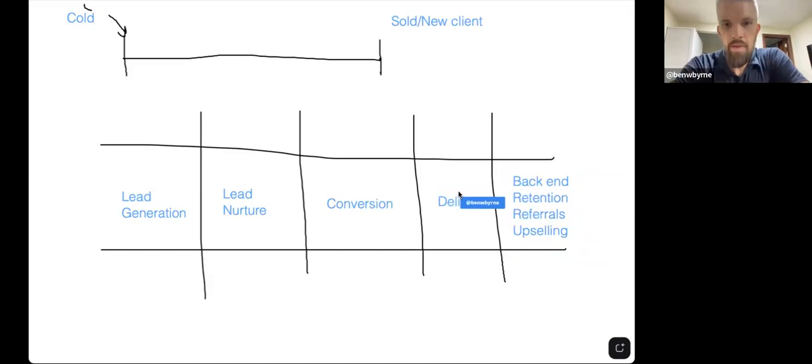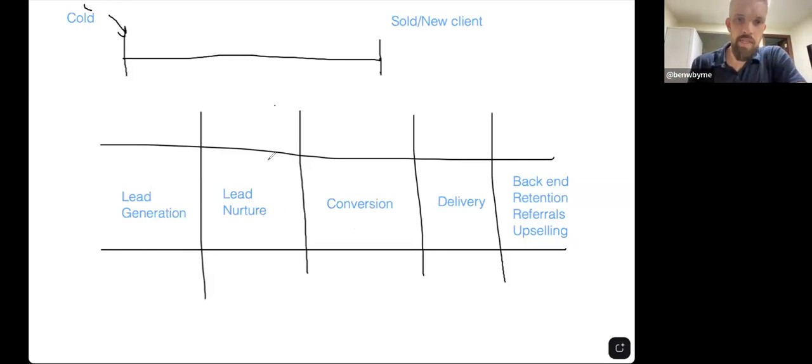So if you ask yourself, okay, most of my leads are where? Well, here's how I break this up. Up here in the sales process, let me see if I can scroll this up a bit. No, I can't. It's annoying. So there's actually multiple pieces. A lot of people try to take someone who's never heard of them before and get them to buy. If we think of lead generation, lead nurture, conversion as taking someone from cold to warm to hot, to where they're booking a call and buying, or entering your sales process and buying.